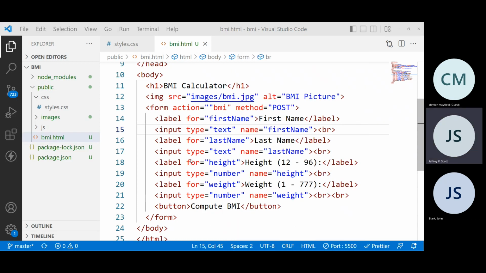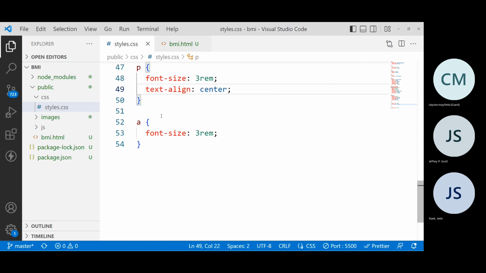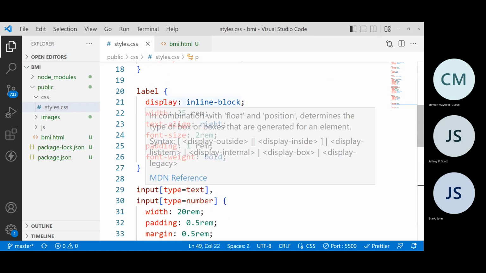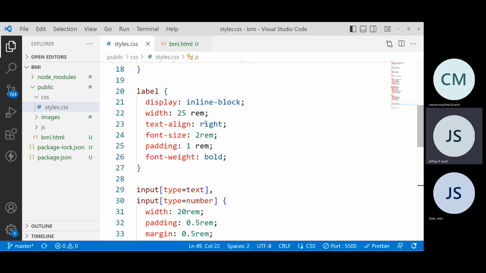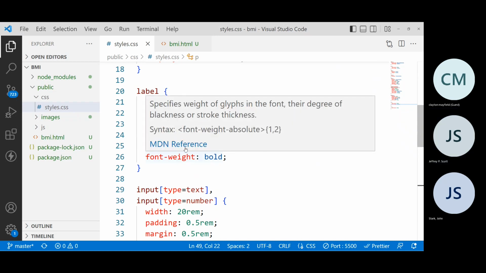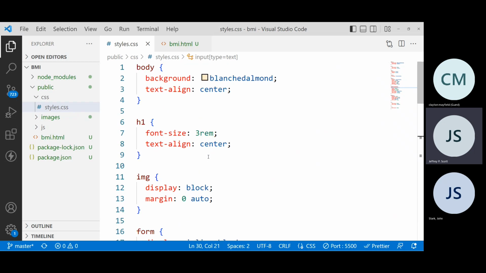I said I gotta fix that. I don't know what's wrong with that, but something was screwed up. It looks like my text aligned right. It does look like it's aligned, but I don't know. 25 rem, that should be correct. I don't know. All right, but I'm going to give you a second here,